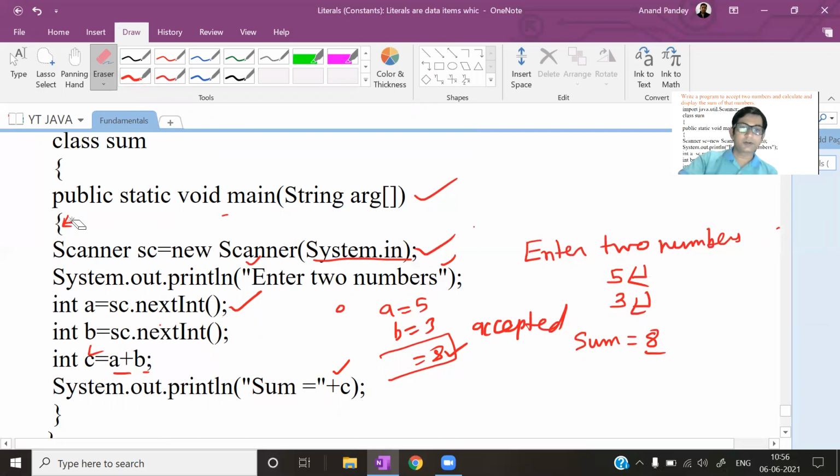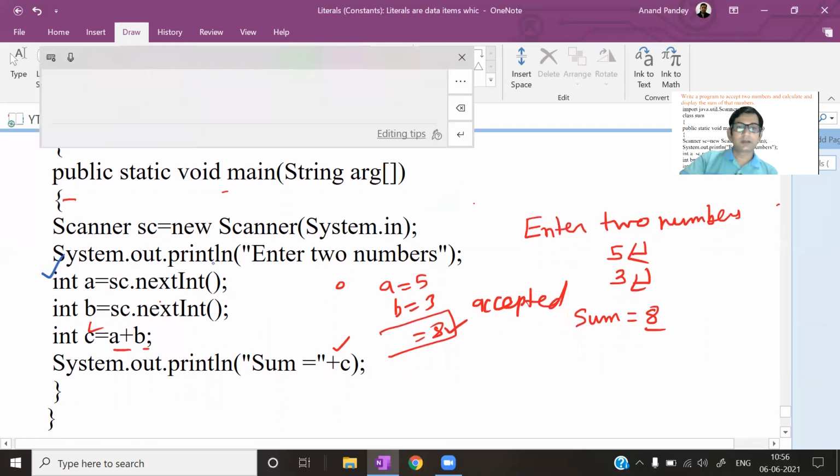See the previous system.out.println. In this system.out.println, we have only one thing to display, that is a message. As I told, generally we have two things to print, a message sometimes or sometimes the value of a variable. Generally यही दो चीजें print करनी होती है, कोई message या किसी variable की value. So in the previous system.out.println, we had only a message to print. But in this system.out.println, we have a message as well as a value of a variable to print.